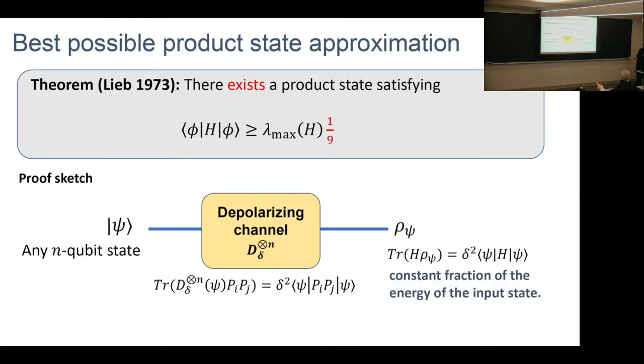What's capital D delta? This is a depolarizing channel. Is there a formula for it? Yeah, there's a formula. This is a single-qubit channel, so we can think of its action on a basis of 2 by 2 matrices. It acts on the identity and gives you back the identity. And it acts on any Pauli matrix, like if P is X, Y, or Z, it just gives you back delta P. So that's the fact that I'm using here.